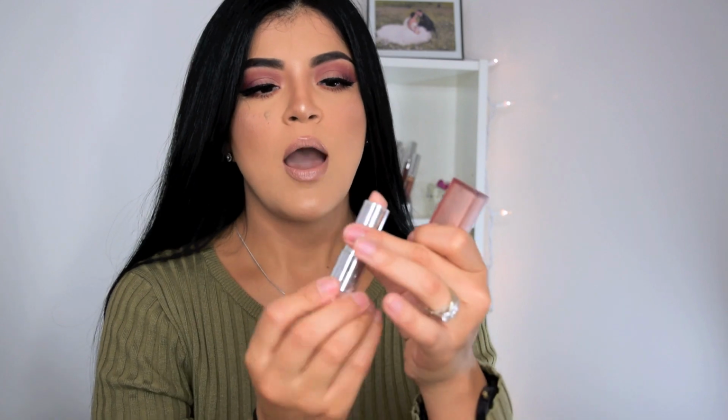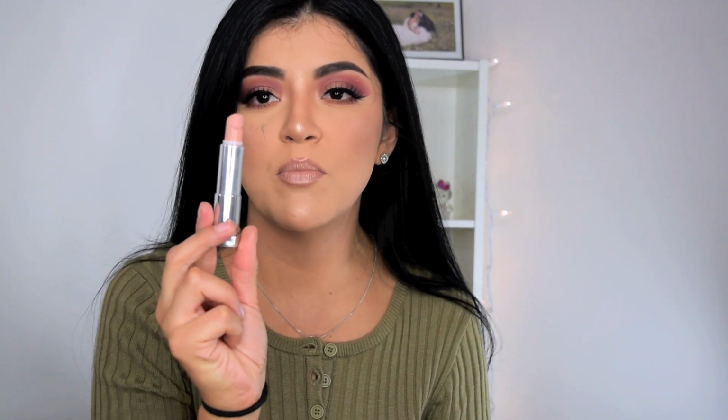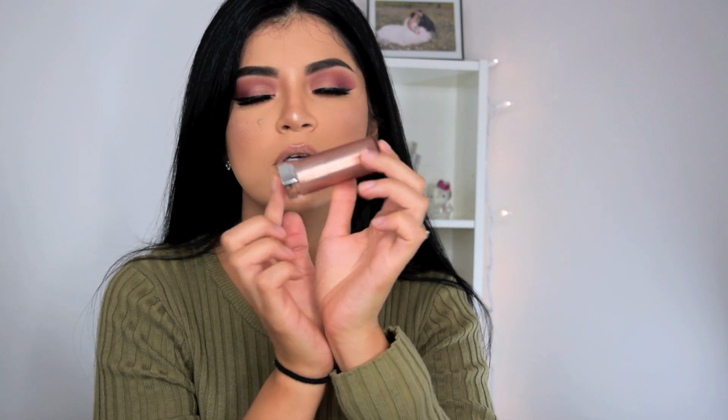It's very pale, but it looks beautiful on top of any lipstick, or if you just line your lips and you apply it in the center, which is what I did today. It just gives you that nice nude lip in the middle, and I feel like it makes your lips kind of plump up. I love this. I got it because Nicole Guerrero always uses it, and I just love the way her lips always look. So yeah, I want to buy some more, but it's sold out online and it was sold out when I